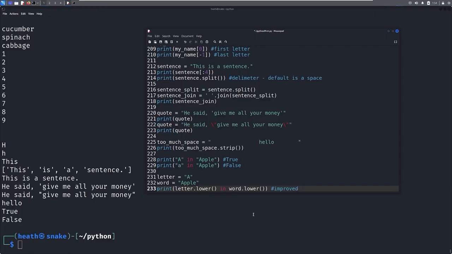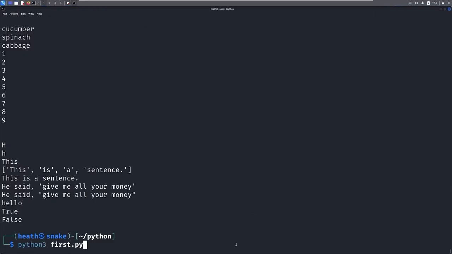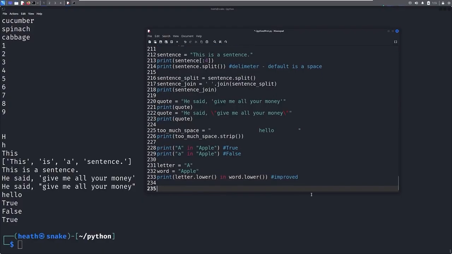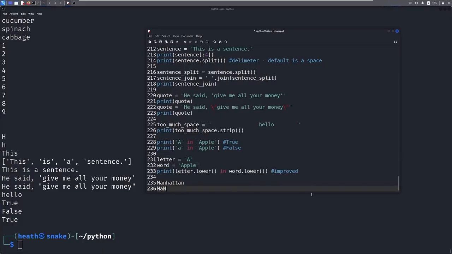If we print that out and save this, this should come back as true. So think about when you're trying to match a word or a string, and somebody came in and you were expecting, like, think about school, and we're thinking about a word, maybe like Manhattan. I don't know, and somebody types in Manhattan